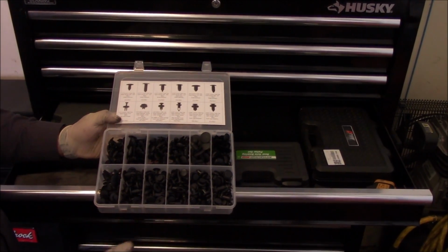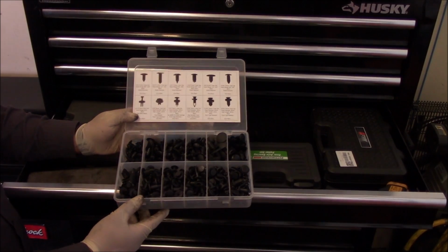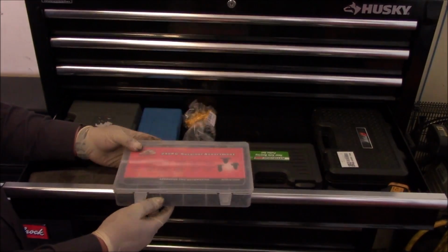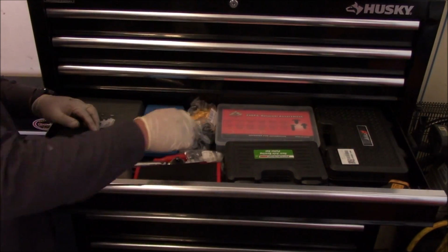You get a splash shield that's hanging off as it lost a few retaining pins. So, you know, I keep some of these around to be able to put them back on for the customer. Next I got